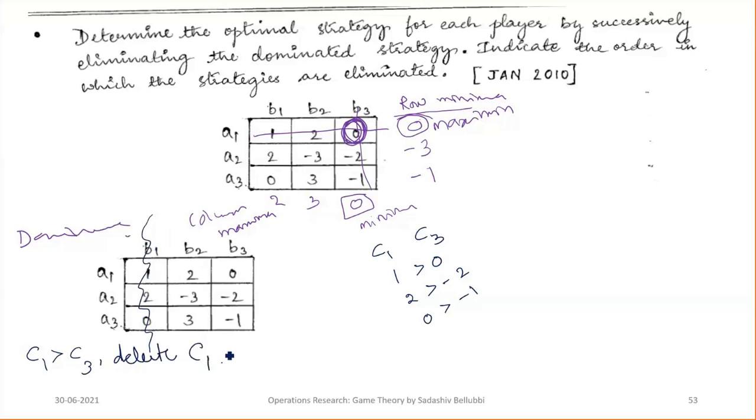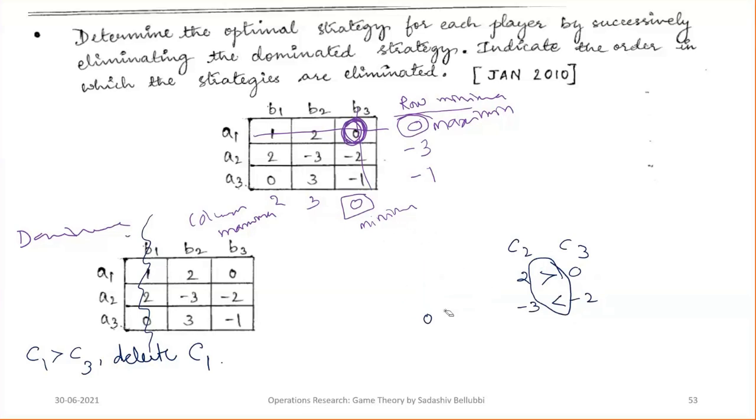C1. Okay, next in the remaining matrix, you need to write the matrix again. Now if you want, you can compare the columns only. So C2 and C3. If you compare C2 and C3, what are the values? 2 is greater than 0. Okay, fine. And minus 3 is lesser than minus 2. Here it does not hold good. So we cannot compare C2 and C3. Okay, leave the columns.